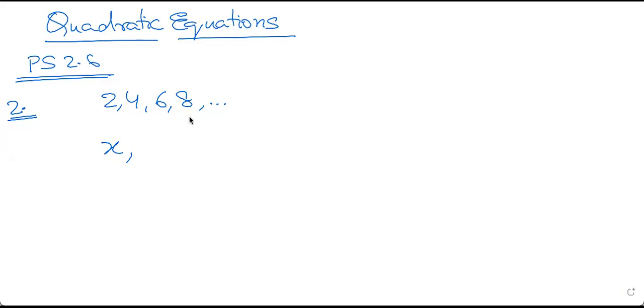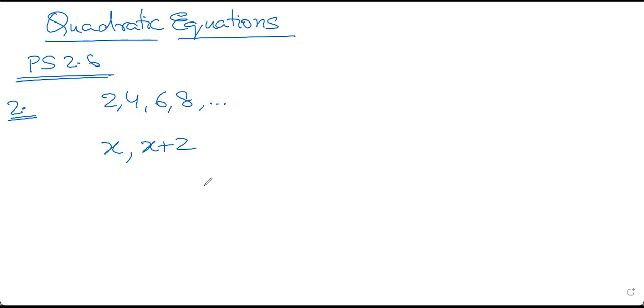See what is happening. From 2 to 4, we are adding 2. From 4 to 6, we are adding 2. From 6 to 8, we are adding 2. So from x to the next number, we will add 2. It is not x square. It is not 2x. It is not x plus 1. It is x plus 2. This is the most important step of the question, to understand our two numbers in the general algebraic form, x and x plus 2.